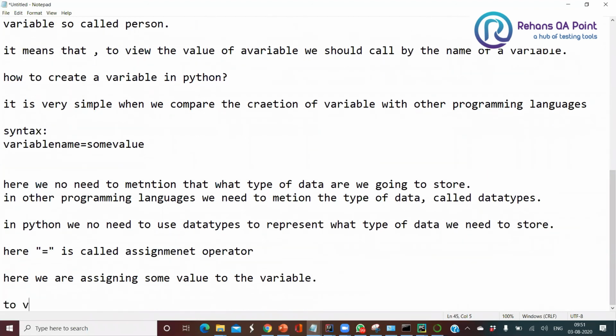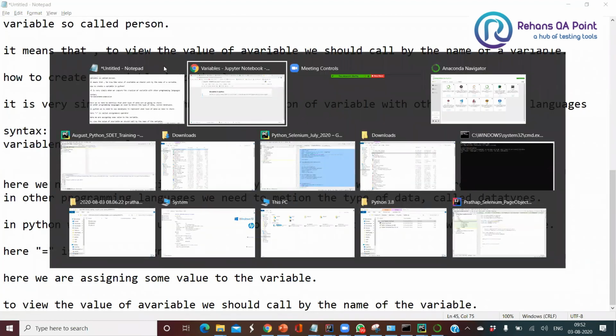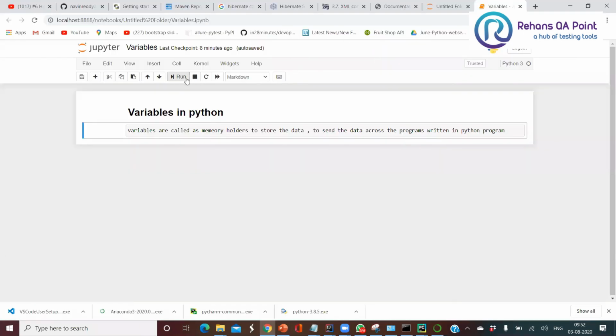Okay. So to view the value of a variable, we should call by the name of the variable. Okay. So let's implement this and check whether the variable process is working correctly or not.